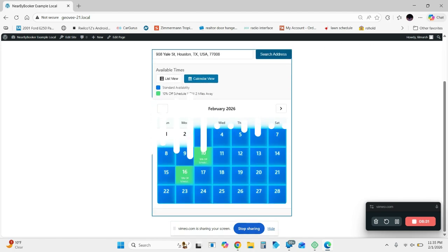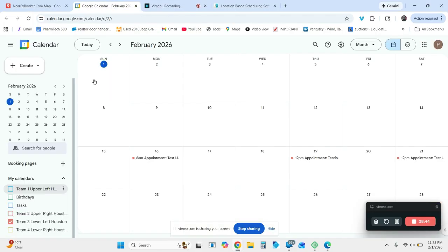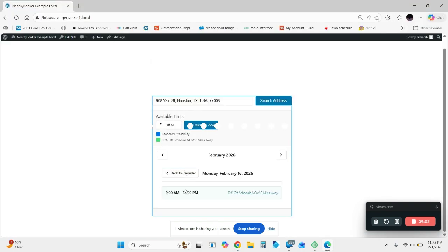So look what happened here. This is going to show the within 2 miles of the upper left. And let's go to calendar upper left. Upper left, right here, which is right here. So the 10th and the 16th. So right now we have a job on the 16th at 8, which means it's only going to recommend that 9 o'clock on the 16th. See that? Because it doesn't want no gaps. But